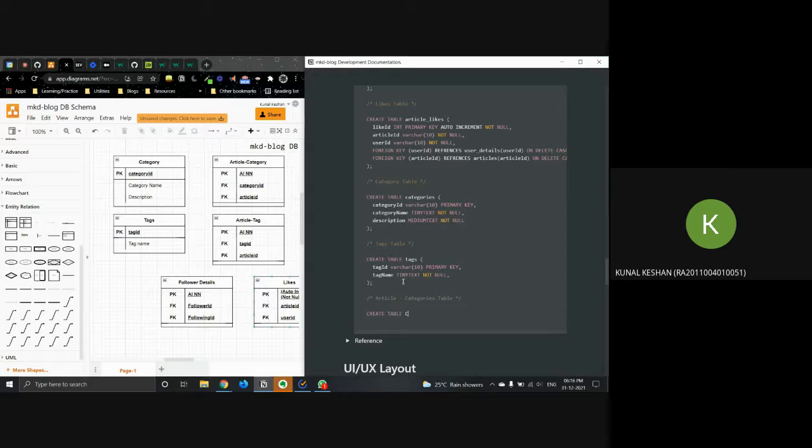Create table article categories, this category, and then the exact relationship was the same as over here. Just call it ID. We don't need any particular name for it.